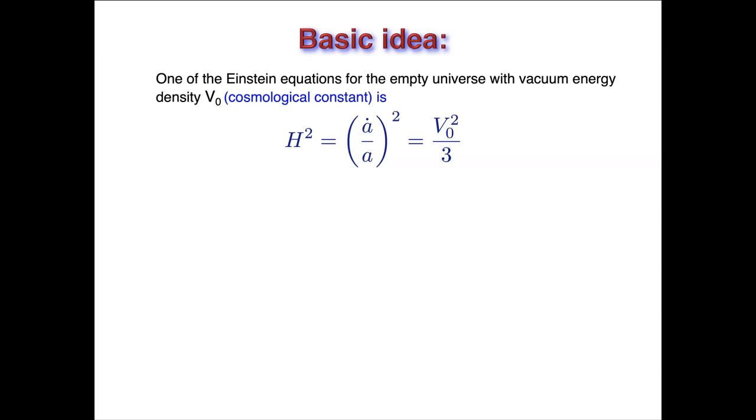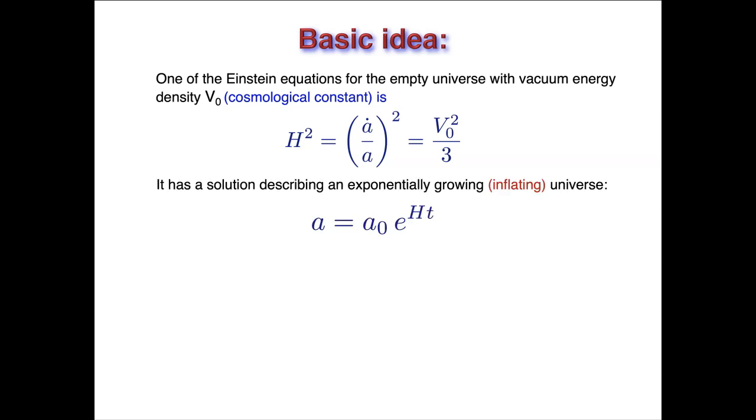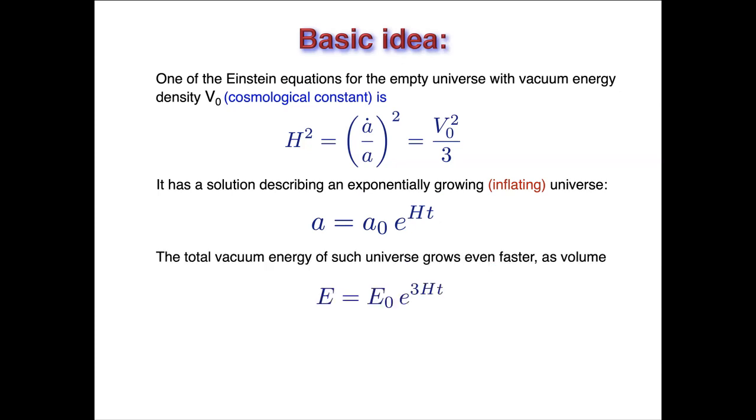Remove the square in your mind here. It is V0 divided by 3. I've made a typo. It has a solution which expands exponentially, a growing, inflating universe. Essentially, you say that a dot divided by a is equal to a constant. So this gives you exponential expansion, and the constant is the Hubble constant. Very, very simple. And then you say, therefore, because the scale factor expands exponentially and the volume grows 3 times more, also exponentially,